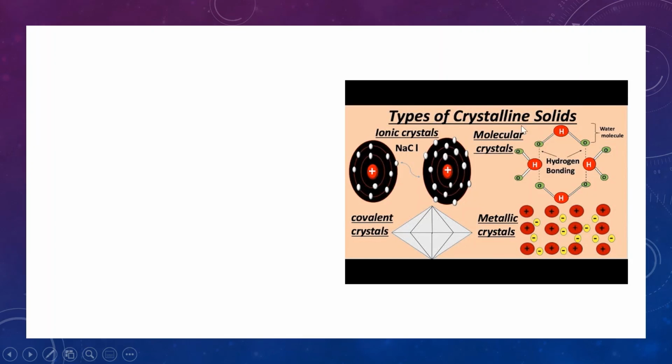So these are the types of crystalline solids. Just now I told you ionic is the interaction between two ions. Metallic, these are the kernels. Metal, after losing electrons, becomes electropositive, and the electrons are moving here and there. Then covalent bond, like diamond, strongly held with each other by sharing electrons. And molecular solid, so this is an example of hydrogen bond that we see easily in water. But apart from hydrogen bond in water, there are other forces also acting between molecular solids. All those forces come under van der Waals force of attraction.